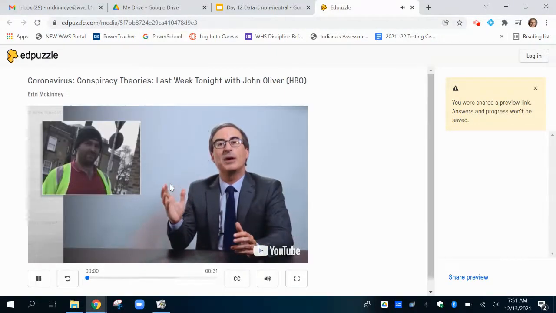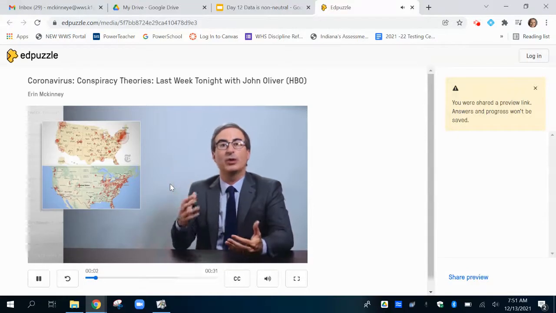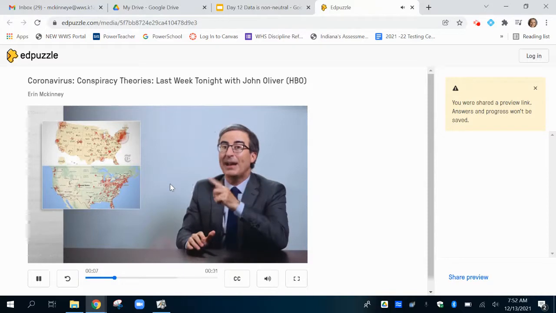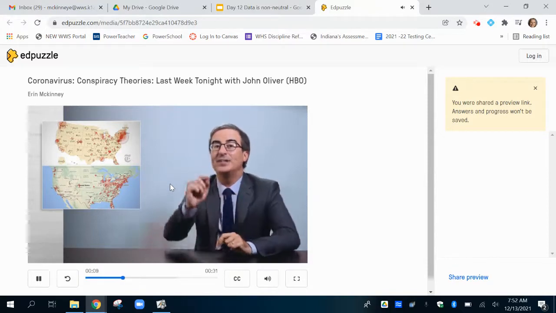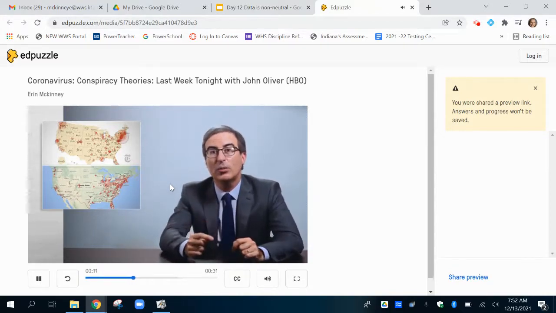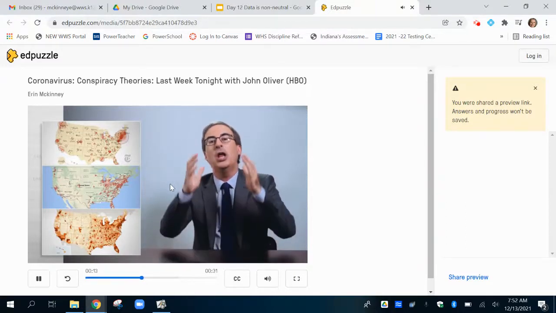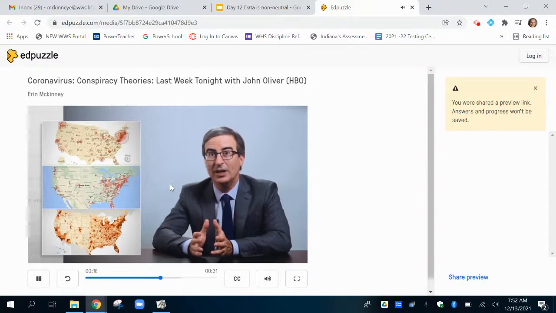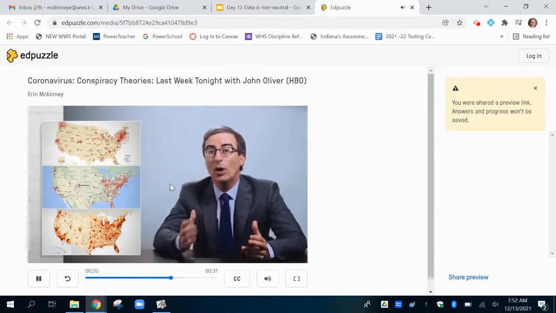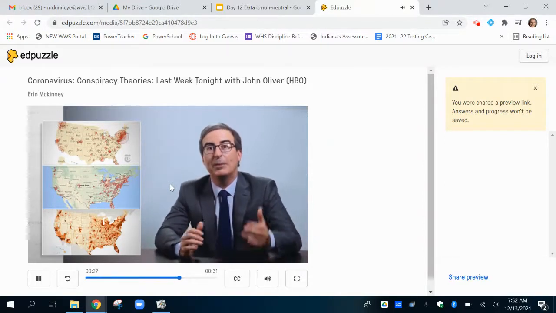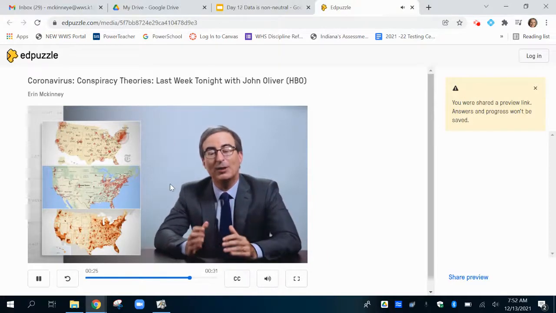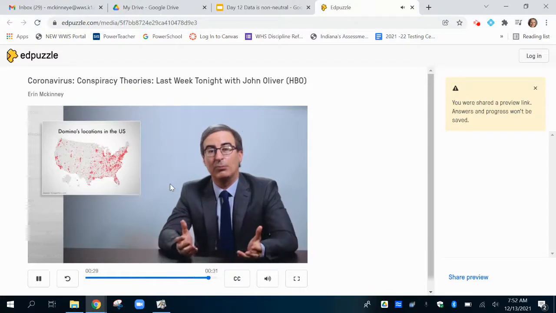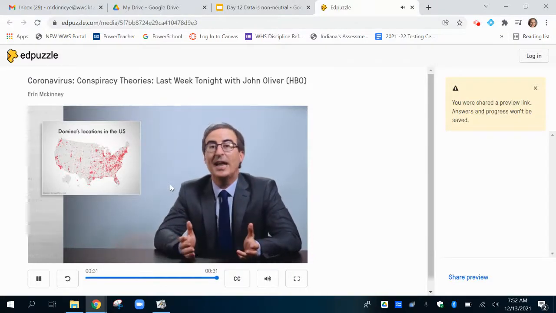It made the rounds, helped by images like these, showing maps of coronavirus cases alongside maps of the 5G rollout. And initially, the similarity there does seem striking until you realise those maps also look like the ones of population density, which makes a lot more sense because that's correlation, not causation. Wi-Fi rollouts and virus cases will both be where there are a lot of people. In fact, lots of maps look like those maps. This one of Domino's pizza locations looks like a map of coronavirus. Make sure Domino's Pizza isn't caught.